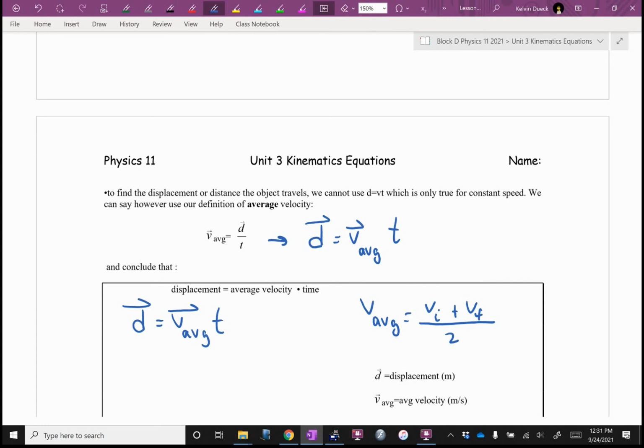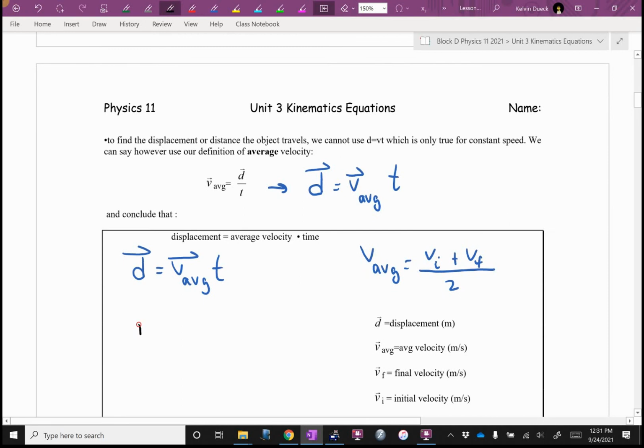I'm going to combine these two equations, Ashley. I'm going to take this and stick it where that V average is. You don't need to write those arrows or anything like that. When I do that, it's going to look like this. The D is going to drop down like a domino. The T is still going to stay there, but in brackets, I'm going to have VI plus VF